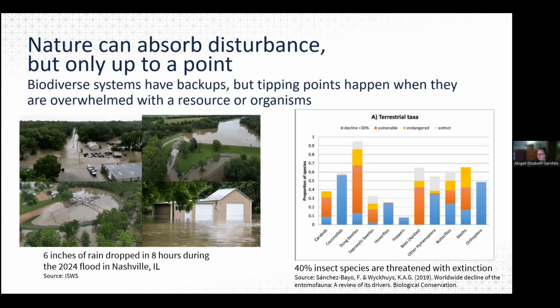The image on the right is a graph from a paper about the worldwide decline of insects, essentially making the claim that 40% of insect species are threatened with extinction. And the graph outlines the different types of insects and the portion of their species that's seeing a decline, being vulnerable, being endangered, or being extinct. And so